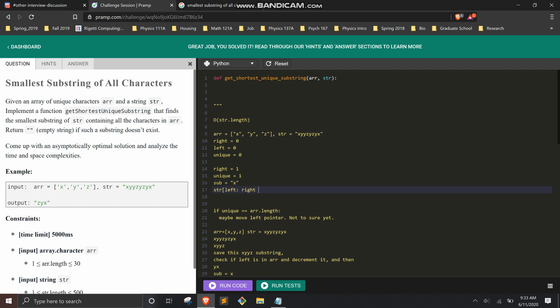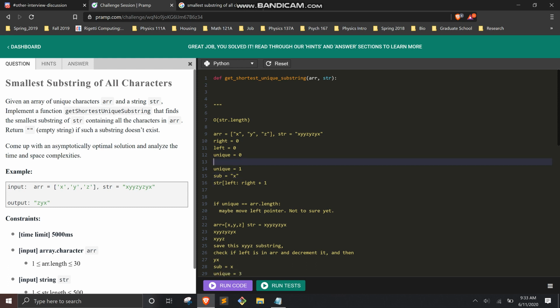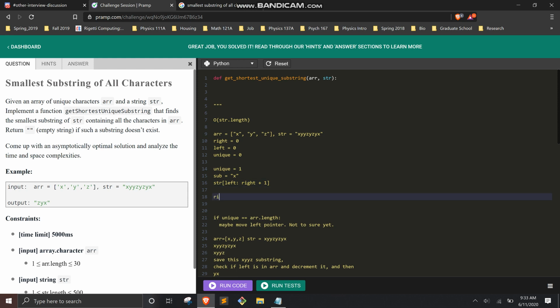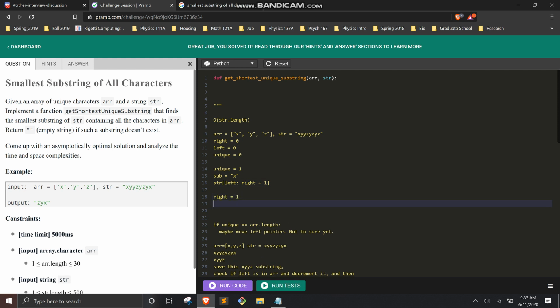But actually, I'm going to do +1, because before we even increment the right pointer, this will be my first substring. I'm going to increment it later by 1, because the right pointer is going to be incremented in the for loop. So we'll just say right equals 1 down here. But yeah, so we have this right here, and we add this